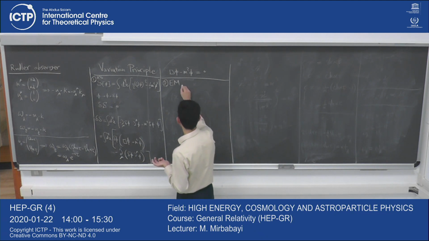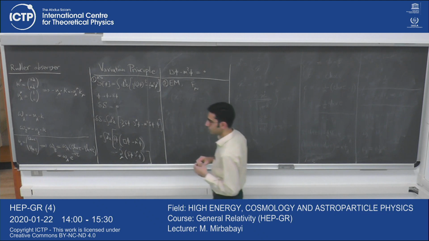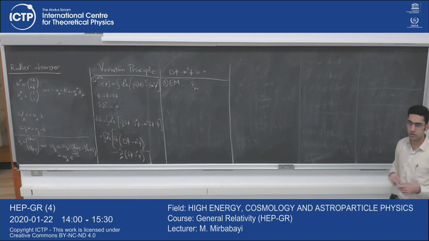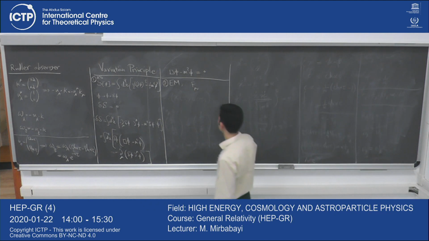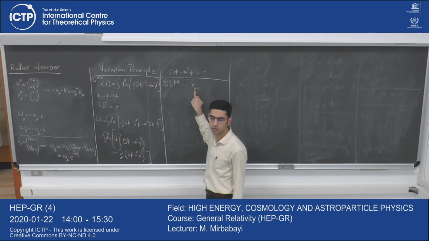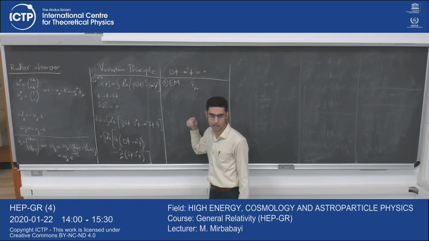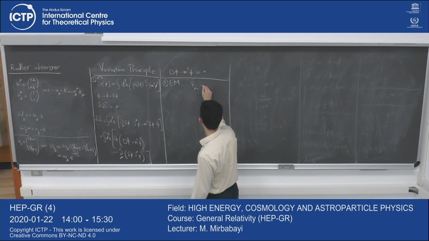We can put them together inside an anti-symmetric 4-tensor called F_μν. So then F_0i is the electric field and F_ij is the magnetic field. And this anti-symmetric tensor,